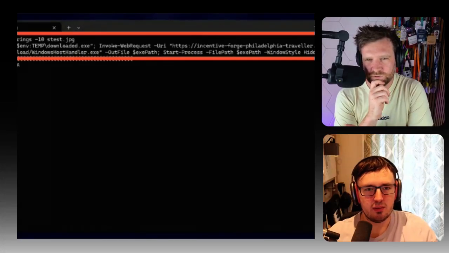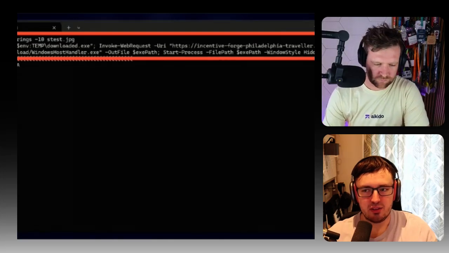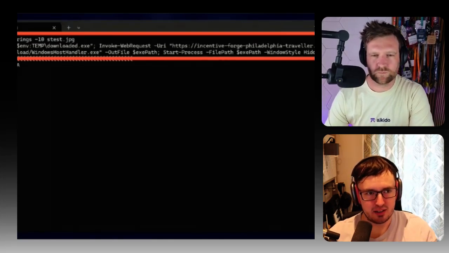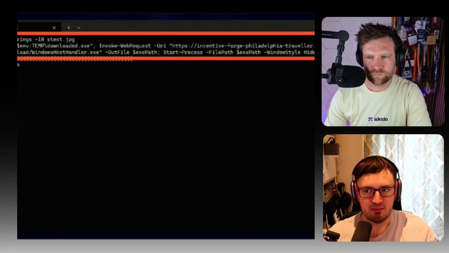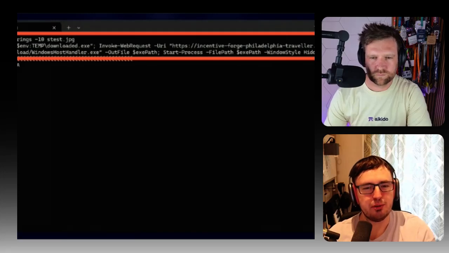It really depends on the threat actor a lot of the time. Some of the simpler and less motivated threat actors, if they are dropping secondary stages, it's usually pretty OS specific.